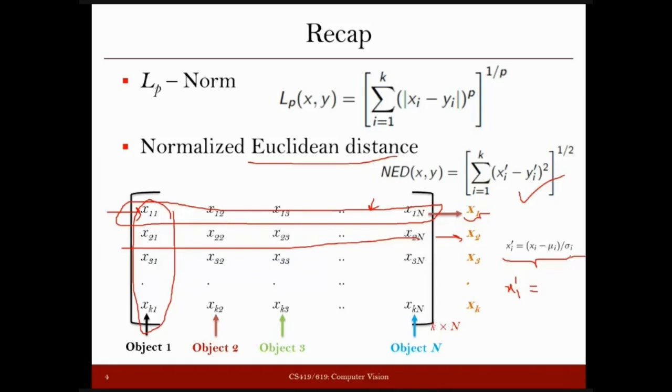The formulas for variance and mean we are going to see in today's lecture also, but I guess this also you must have done in your school days, so you know the formula, right? So to get mu1 and sigma 1, we will use the values that are here. To get mu2 and sigma 2, we will use the values which are here, and so on. And then by using those values, we can normalize the vectors. So now, if you have to, let's say, compare object 1 with the test sample, what will we do? We will normalize the feature vector of the object as well as the feature vector that we are going to get from the test sample, and then we will compare them. This is very important to remember.